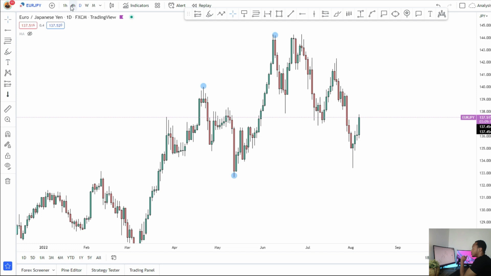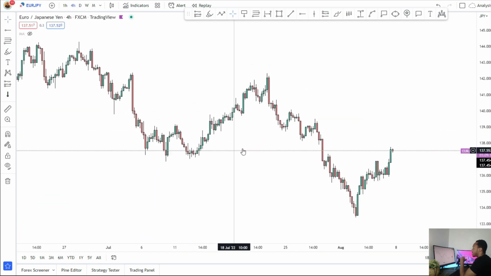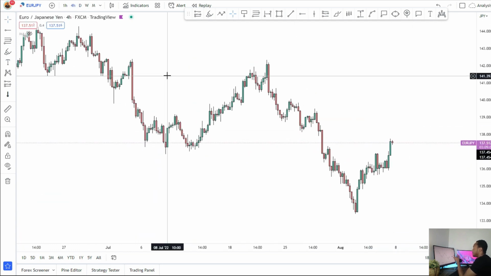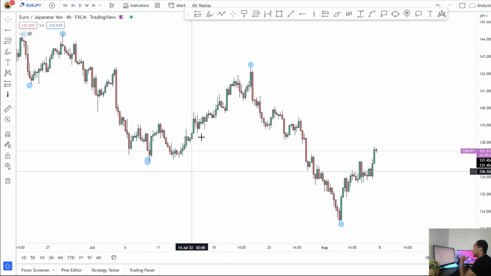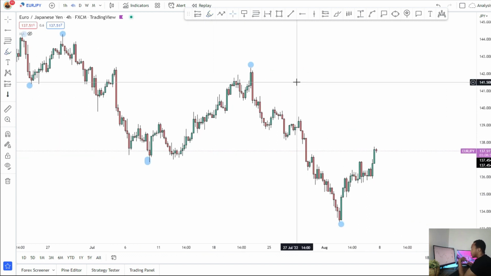So going into the 4H, what can I see here? I can see that the market is in slight disagreement here. The market is kind of falling to the downside in the 4H. As you can see, we're slowly pushing to the downside and taking out some lows and giving us some lower highs. So the 4H is slightly bearish, but again, this could just be a counter trend move